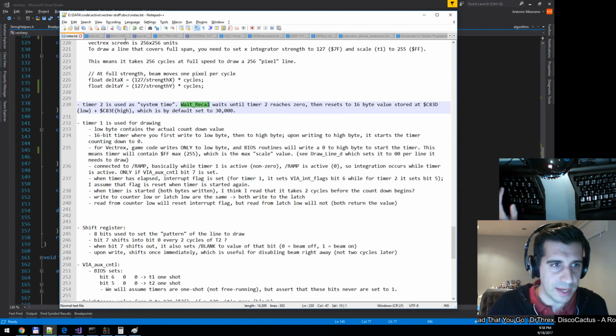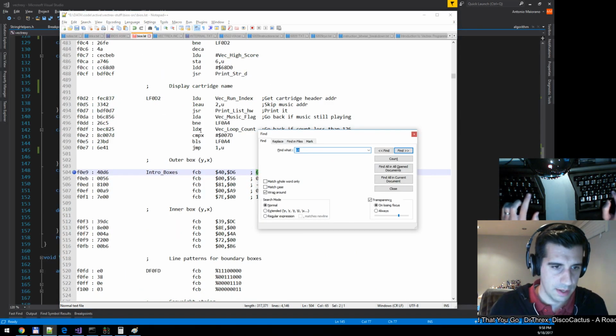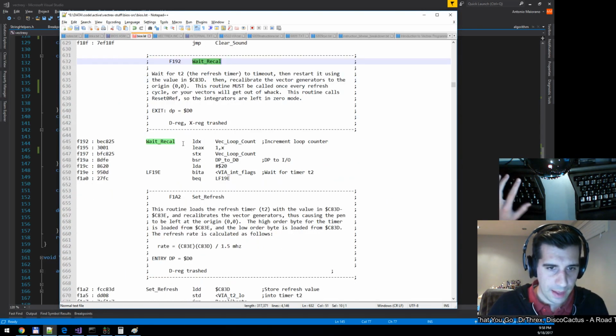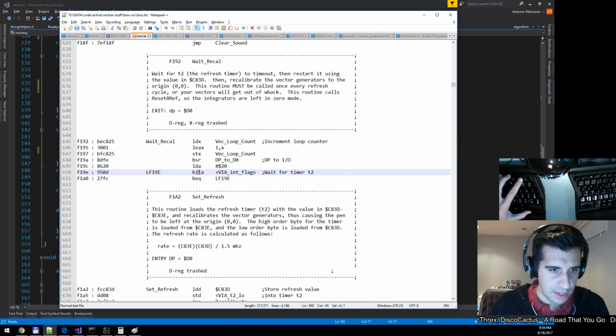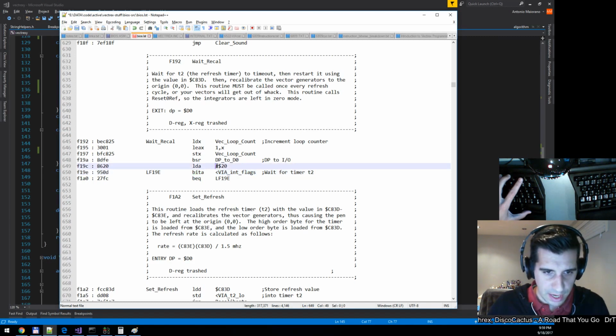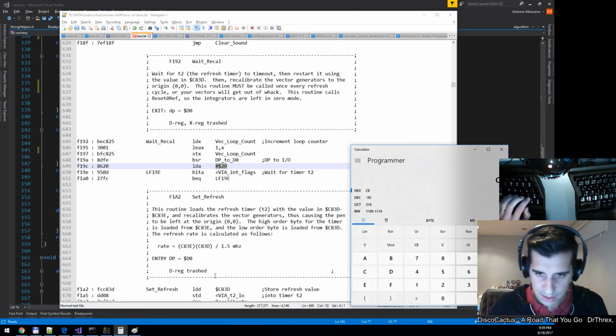If we go to wait recal, okay, so wait for the T2, the refresh timer, to time out, then restart it using the value in C83D, then recalibrate. So here we should have a little loop. Here, wait for timer 2. So you see how it's going? It loads hex 20 into register A. Now hex 20